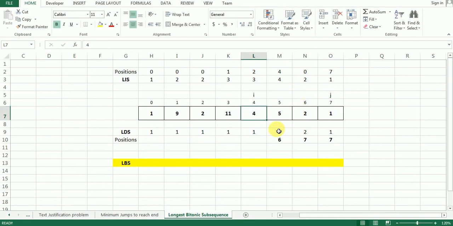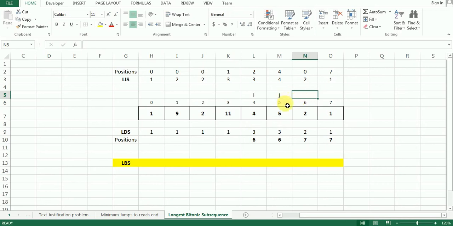Okay. Now 4, is 4 greater than 1? Of course it is greater than 1. So 1 plus 1, 2. 2 is greater than 1. Okay, I put 2 over here, 7 over here. Okay, come on J, move one cell to the left. So 4 greater than 2, of course, it is greater than 2. So 2 plus 1, 3. 3 is greater than 2. I put 3 over here and 6 over here. Cool. Now J over here, one cell to the left.